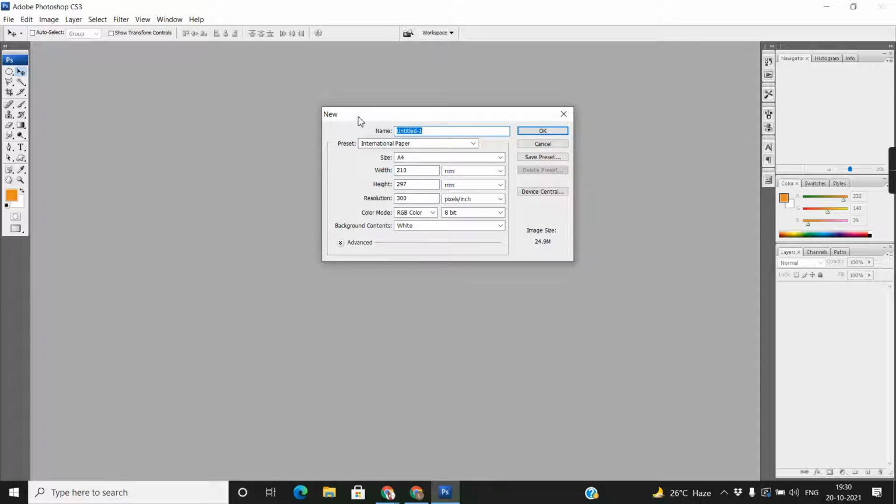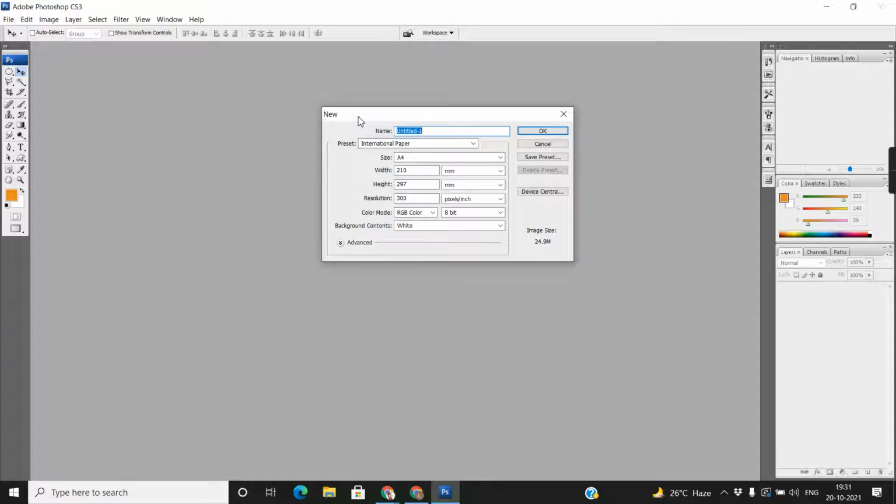That's done. So type Control N. Right. So Control N is new file.